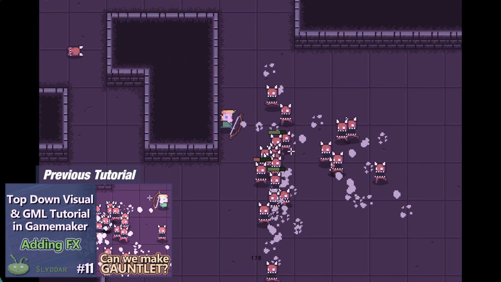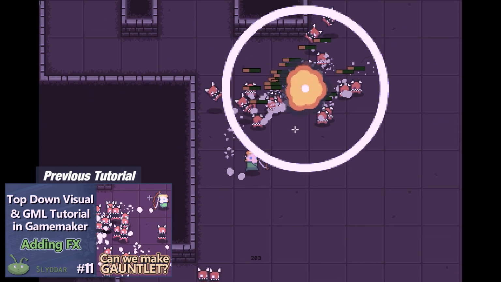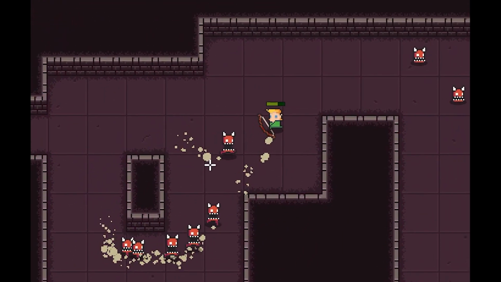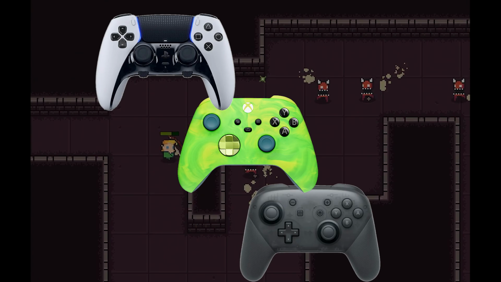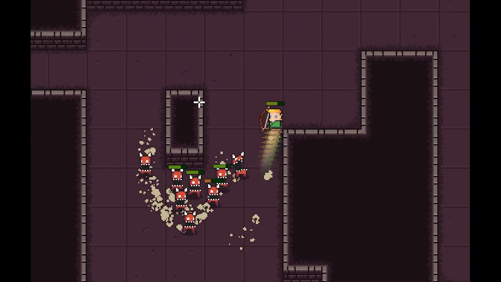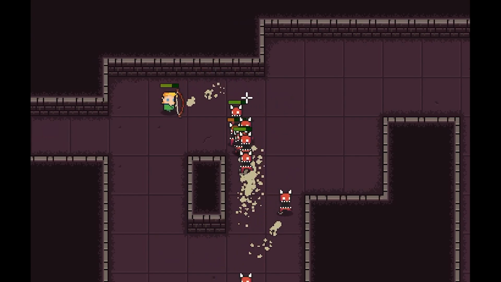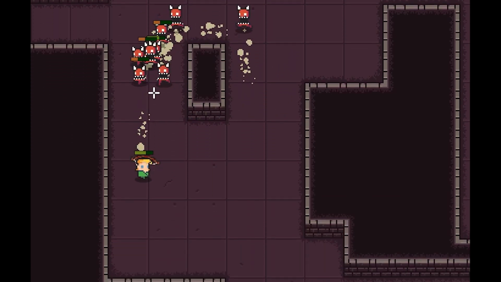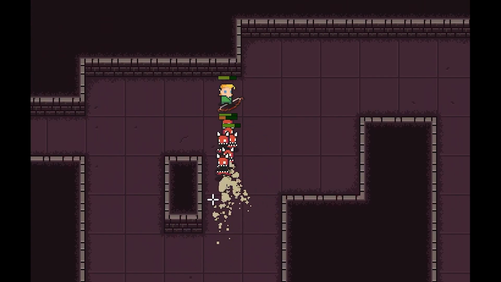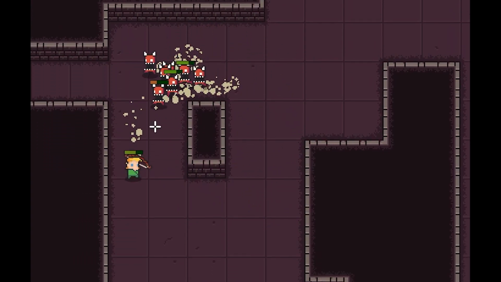In our previous episode, we updated the effects to make our game look better. In this episode, I want to show you a method you can use to add gamepad support to your game. This kind of top-down game works really well with a controller, as you move the player with the left stick and control the aim for the weapon with the right stick. It may even be preferred over keyboard and mouse because your movement of the player is not locked to 45-degree